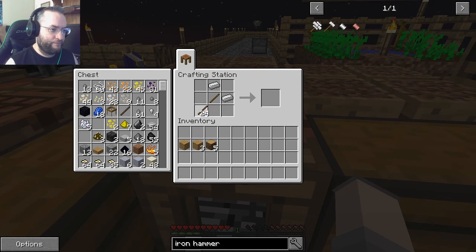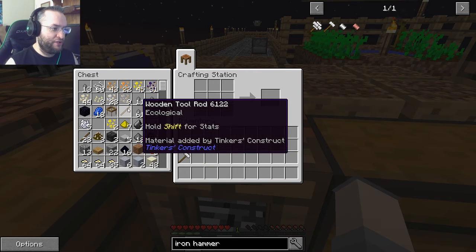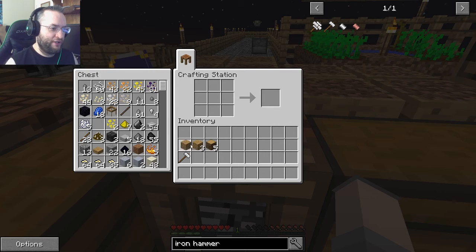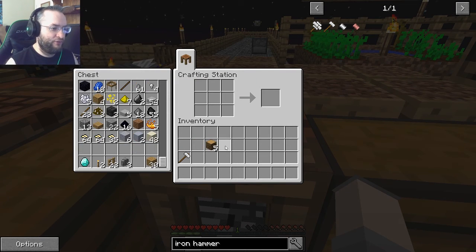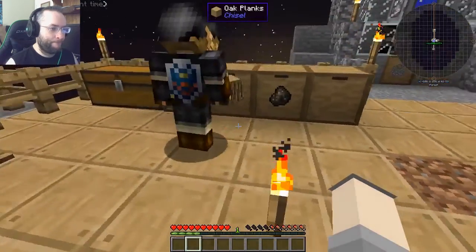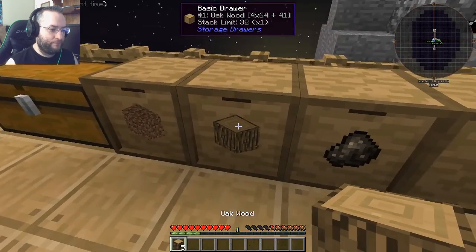So if it gets to 32 stacks, you can't put any more in. Okay. Here we go. Iron hammer. Helps that I'm not trying to use a wooden tool rod instead of actual sticks. Yep. I think that's all the aluminum we have. So now we can make ingots, pickaxes, tool rods, shovels, swords, bindings, sword guards, and...